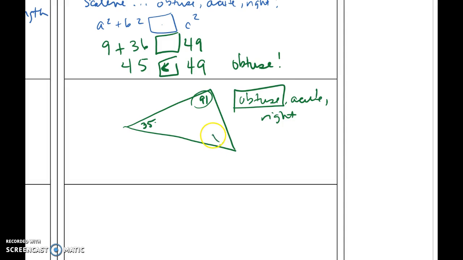So that's something that you could do. But if I put a little x or y down here, you could definitely do the math of 180 minus 91 minus 35, and you could find that x. And that would be